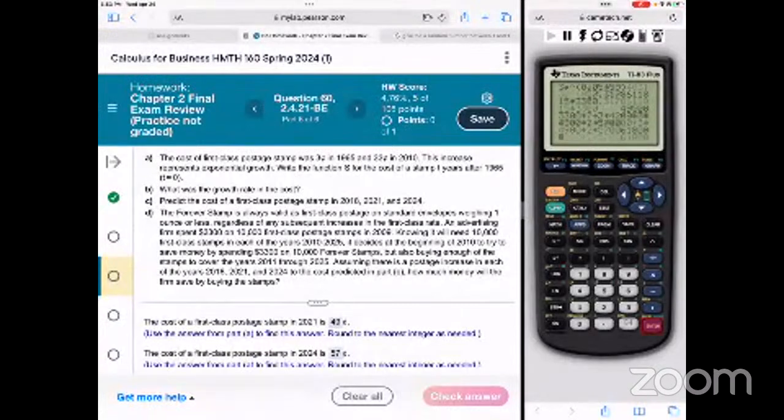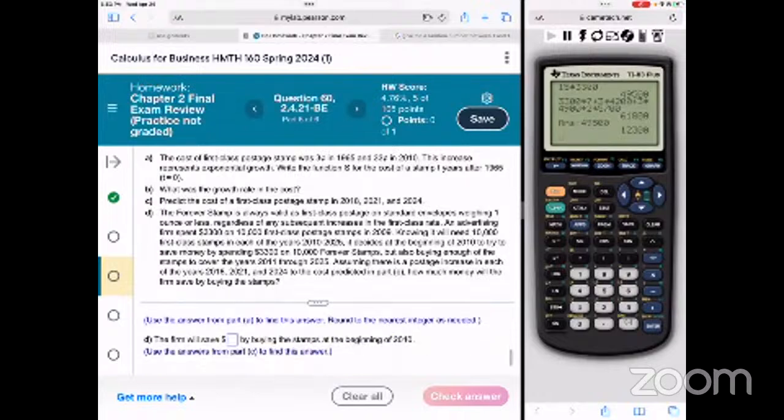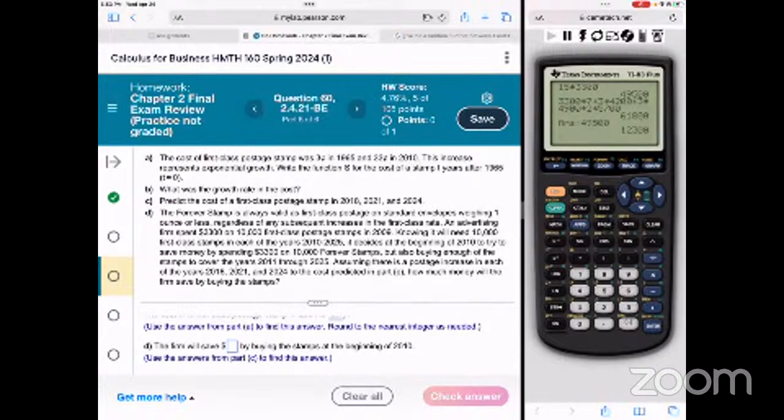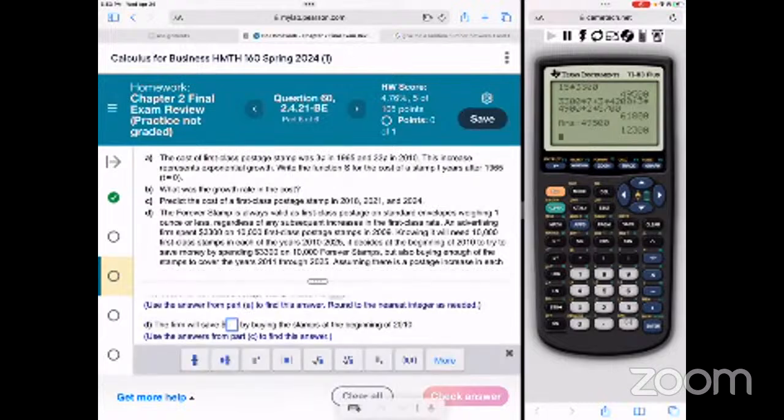So now how much are they saving? We're going to say that larger number minus the smaller number. This makes sense. Making sense and being correct are not always the same, right? So let's see what happens. So it looks like if they just buy the forever stamps to cover through 2025, they can save $12,300, right? Let's see. That's reasonable. That makes sense. 12,300. Let's cross our fingers. Because if that's not right, then I don't know.